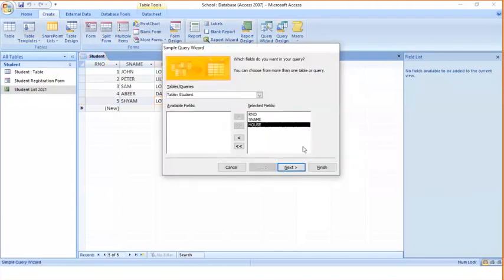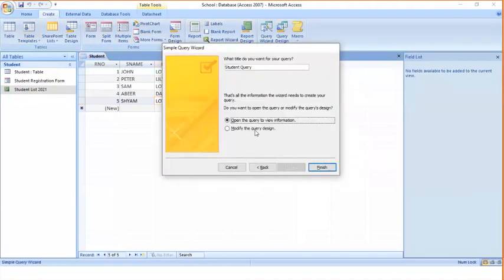Then again it will ask you the fields, go to next, and here instead of clicking open the query to view information, you have to click on modify the query design. Okay, because we have to write a criteria and the title, whatever you want to write. Suppose I want students of Lotus house, so I will write students of Lotus house.